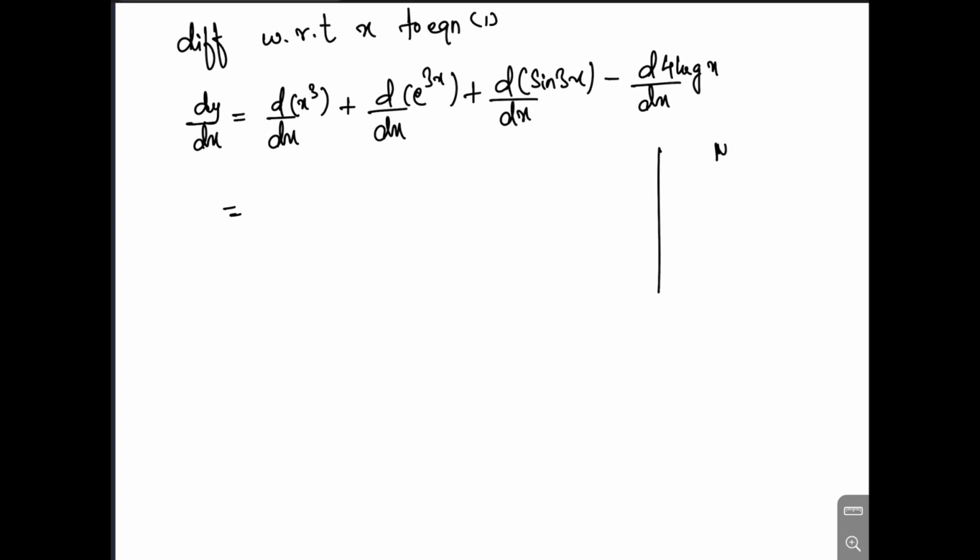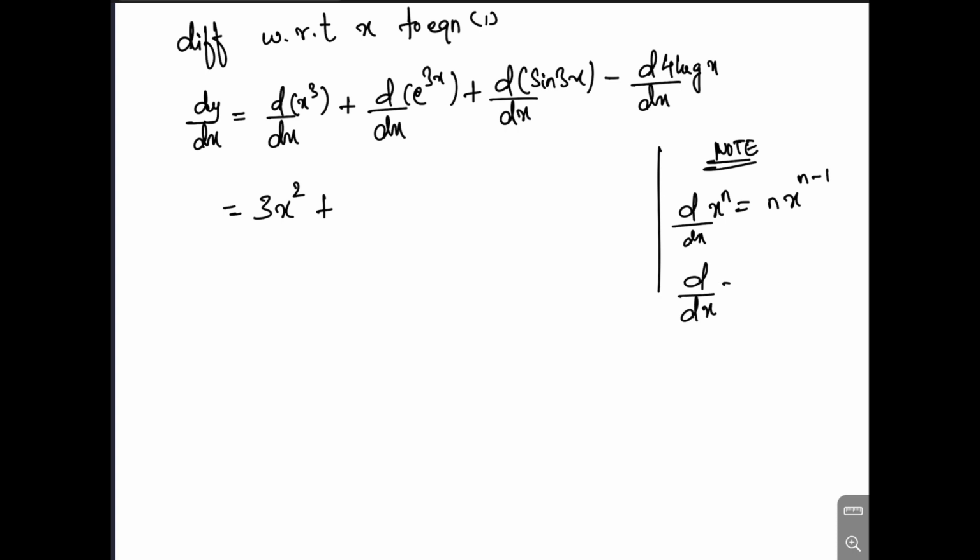Here note: d by dx x raised to n equals n into x raised to n minus 1. This is the general formula. So here n is nothing but 3. So 3 x raised to 2 here, plus